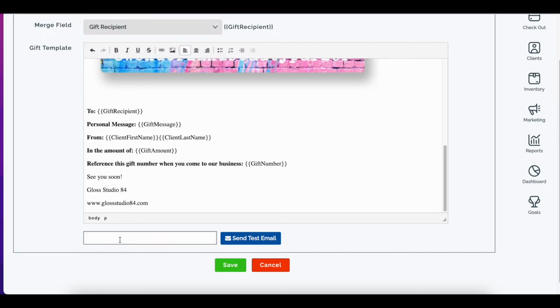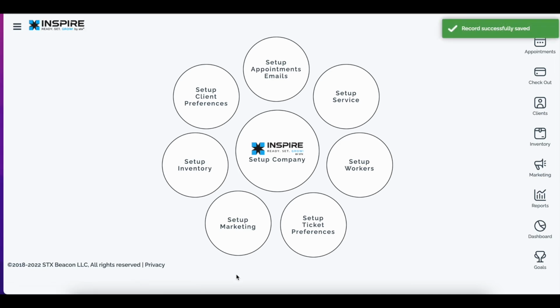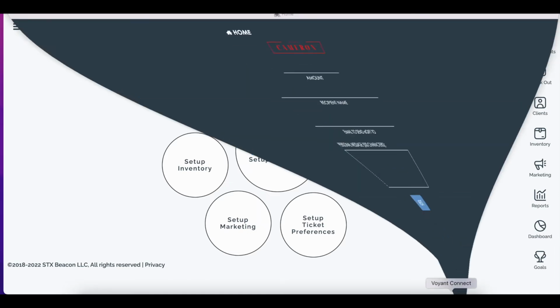And then if you'd like to see a test version of it, you can send yourself a test email by plugging in your email address here, and then click Send Test Email, and that will send that email out. And then, of course, when you're all done, go ahead and click Save. And then as long as those pieces are set up where it's enabled and you have it going,